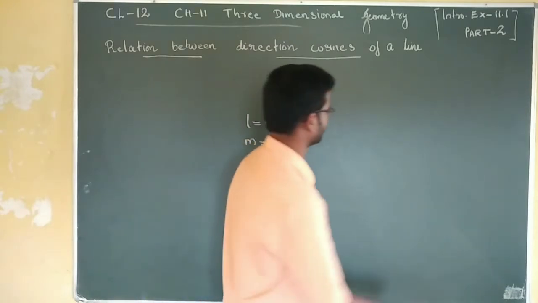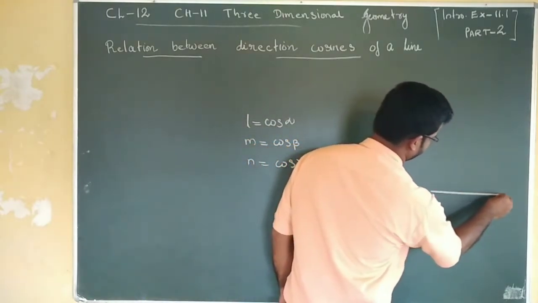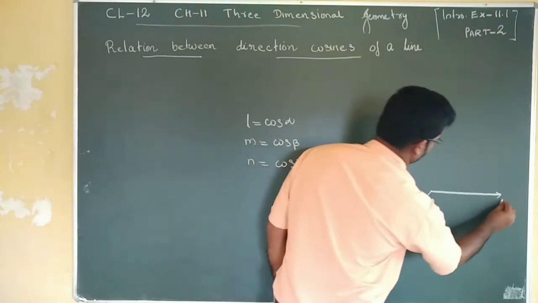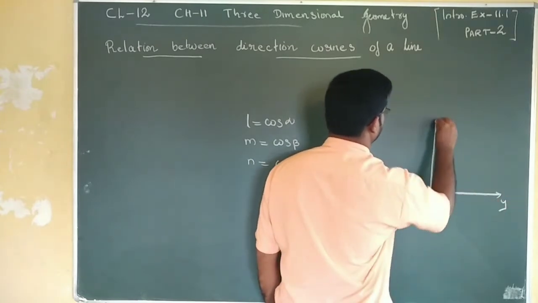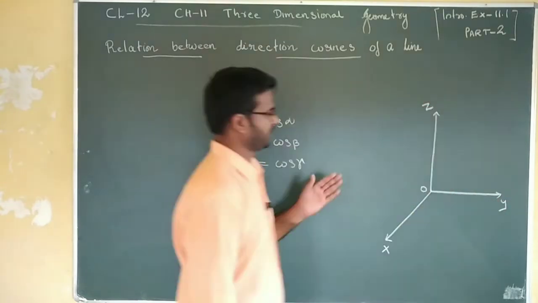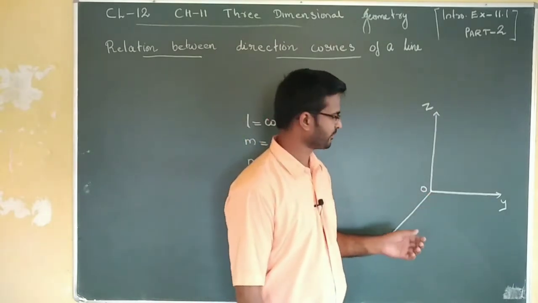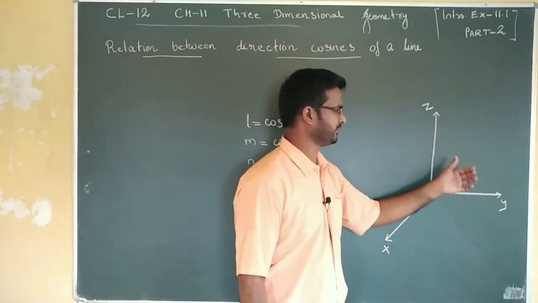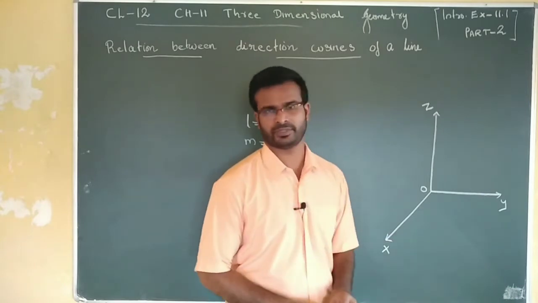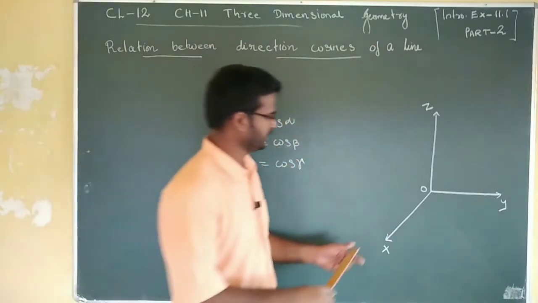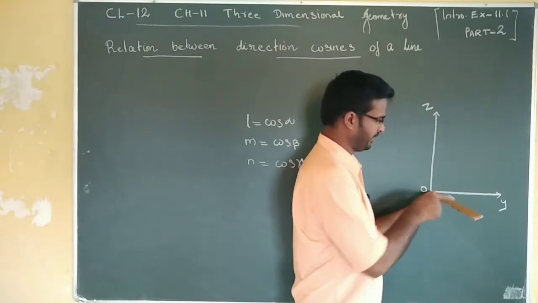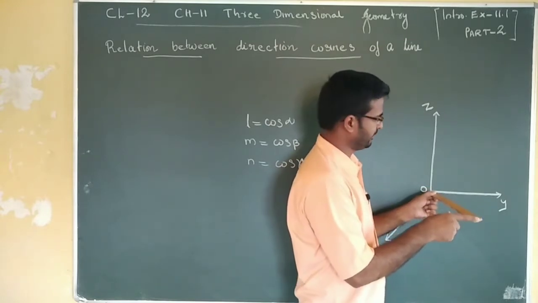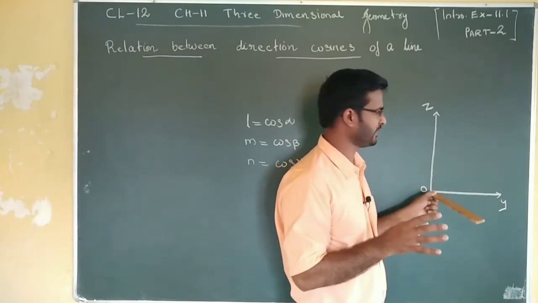First we will look at a 3-dimensional figure. X-axis, Y-axis, Z-axis. When you consider a 3-dimensional geometry, the Y-axis and Z-axis are in a plane, but the X-axis is not in the plane. If you consider this figure, this is our X-axis, coming outward. Just consider this as our X-axis, then this is our original 3-dimensional figure.